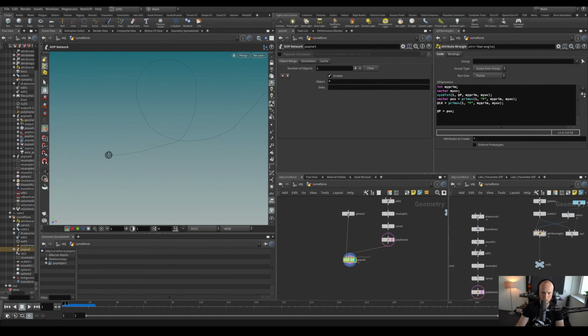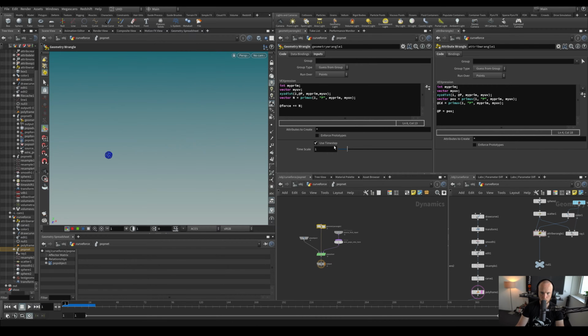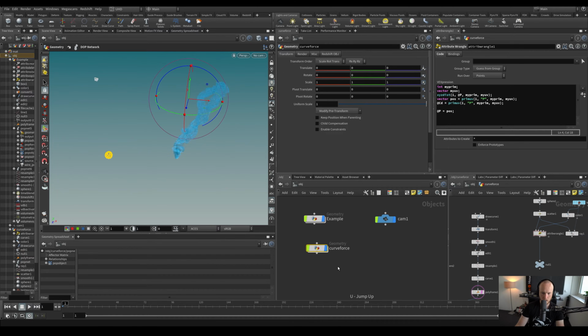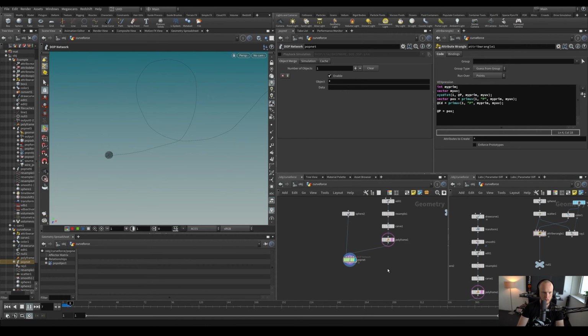All right, so first off, they're going in the wrong direction, so we probably need to, oh wait, we should extract n. Sorry, not p. All right, so let's press play. So they're going to move in a direction, and then they're going to overshoot. So what's happening here is that it's extracting the normal, it's applying it as a force on the points, and